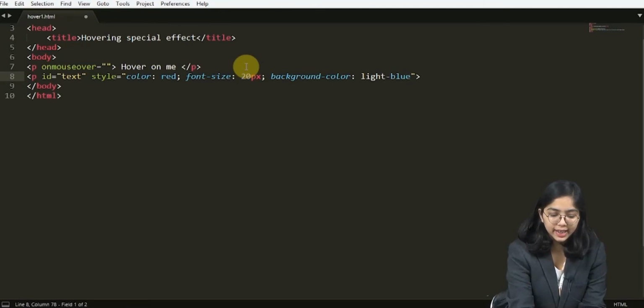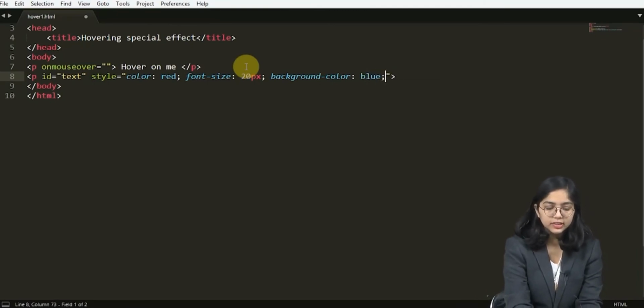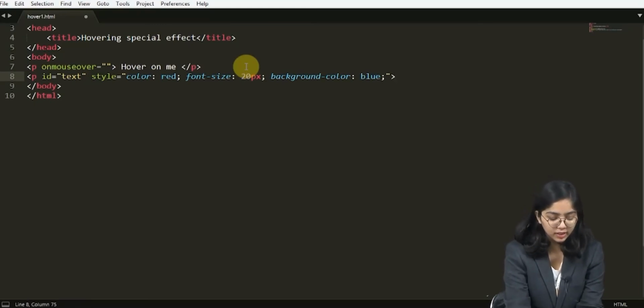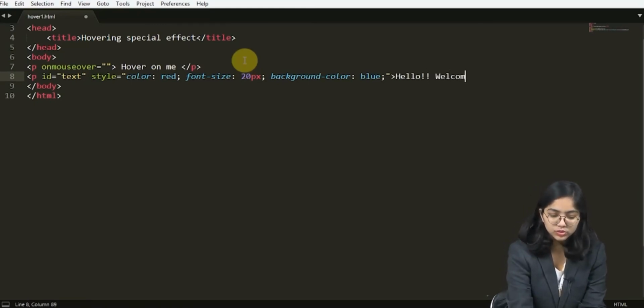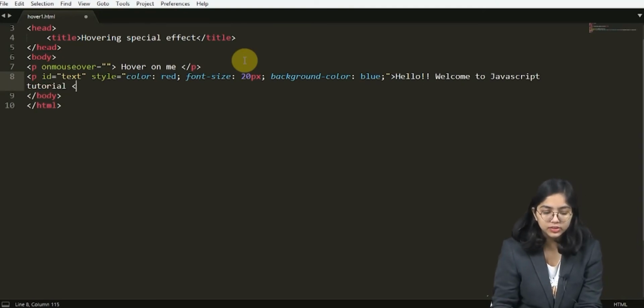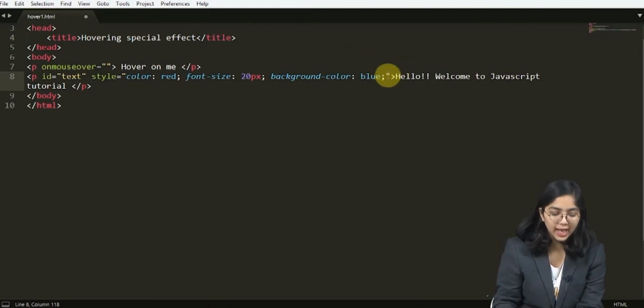Okay, it's not getting light blue, so let's just enter blue. So this is my styling, and I'm going to enter hello, welcome to JavaScript tutorial. Okay, and I'm going to close it. Let's give some width as well.